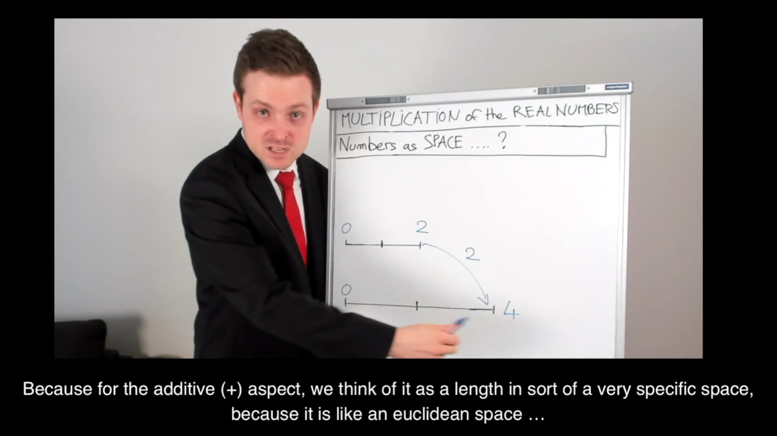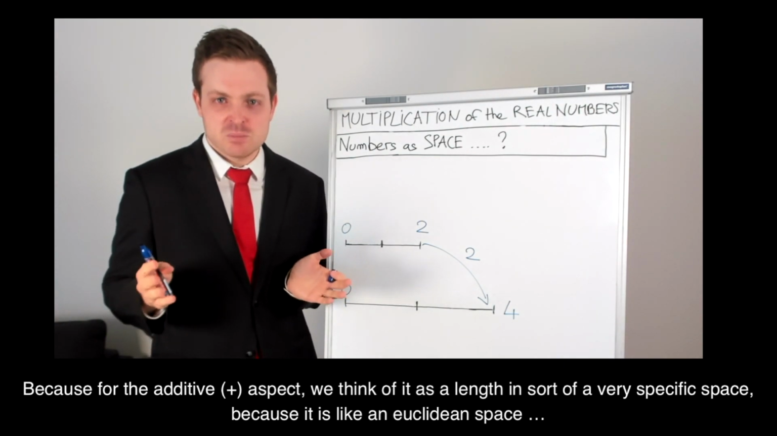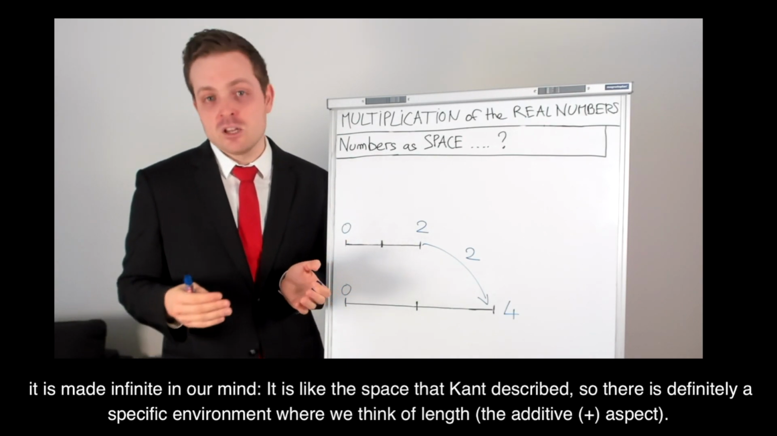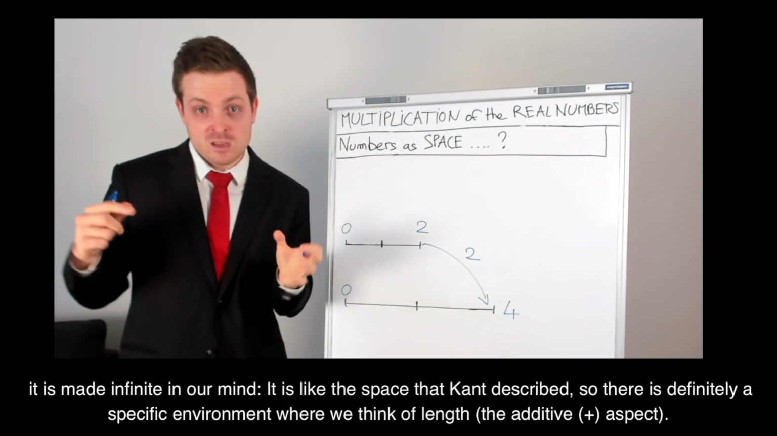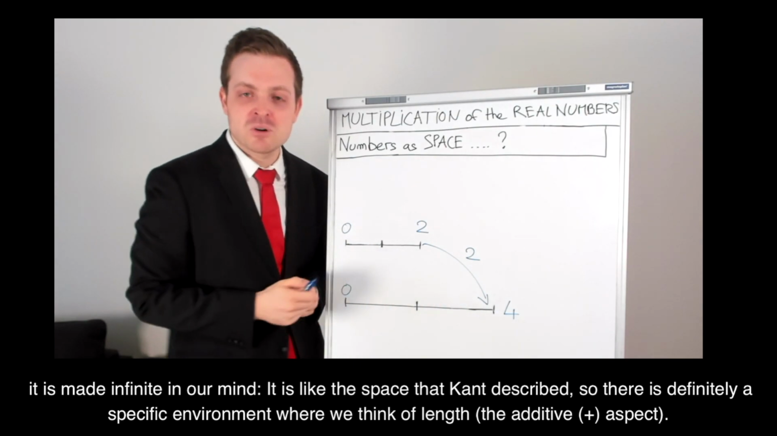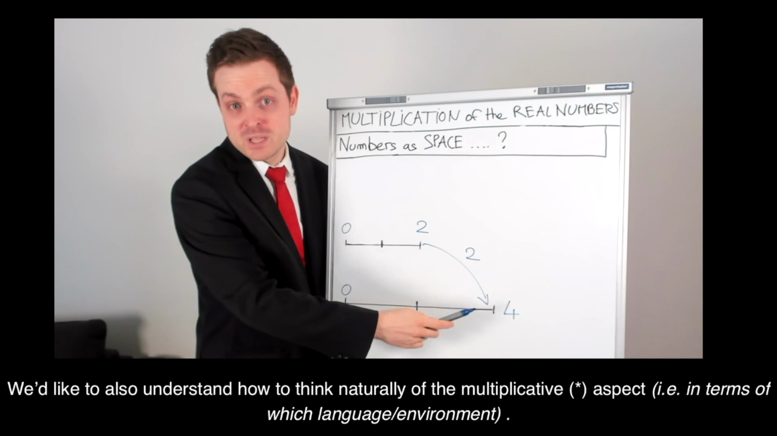Because for the additive aspect, we think of it as a length in a very specific space, because it's like the Euclidean space, it's made infinite in our mind, it's a bit like the space that Kant described, so there's definitely a specific environment where we think of length, and so the additive aspect of numbers. We'd like to also understand how to think naturally of this multiplicative aspect